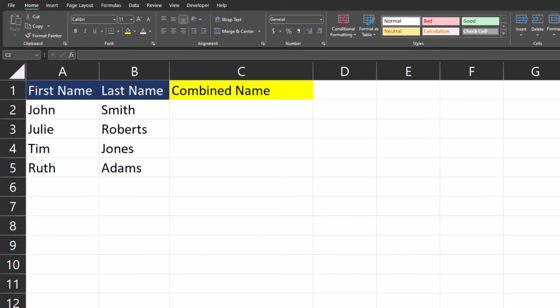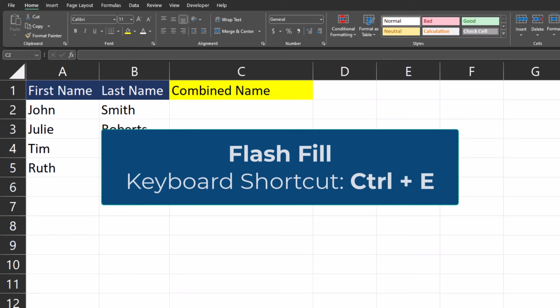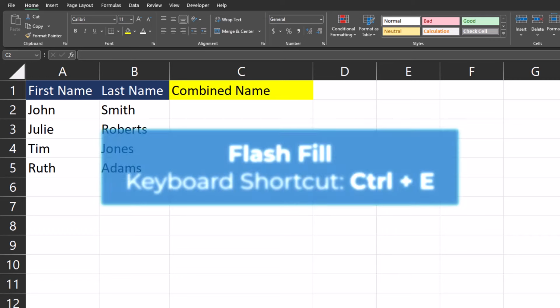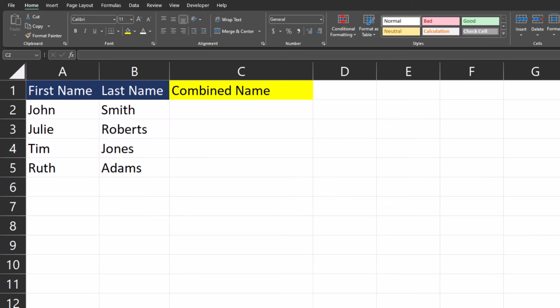Hello team, and welcome to today's video where I'm going to be sharing with you one of the most powerful features in Excel called Flash Fill, or the keyboard shortcut Ctrl E. Flash Fill replaces the need for formulas in a ton of different scenarios when you're performing quick tasks. And today I'm going to show you a variety of different ways that the Flash Fill function or Ctrl E